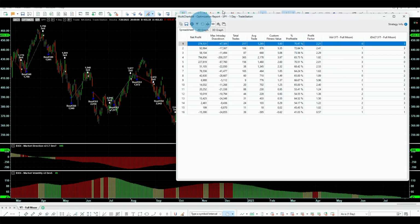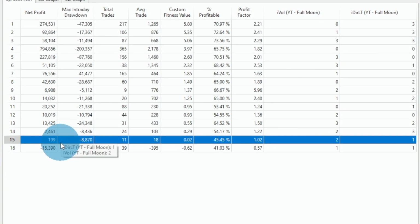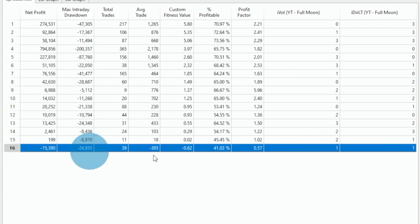Now there is another way to look at these filters. Let's look at all these. All of them are making some money. I mean, this is 199, it's almost 0. But only this one is losing money. This one means we are in a bear market. This one means a quiet market. Quiet means the volatility is below average. So instead of using 1 and 3 and combining them, I'm just going to not be trading when I am